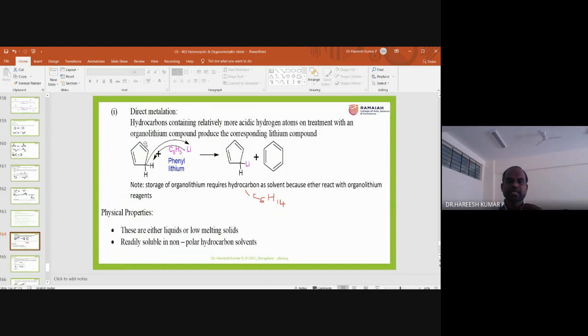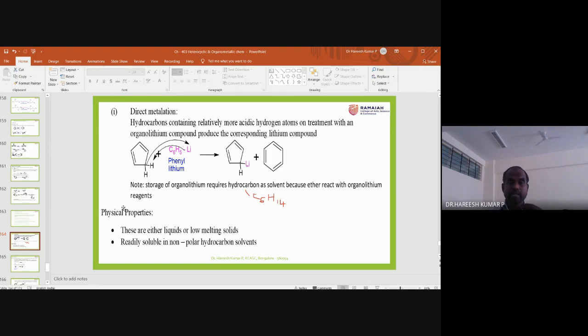So here an acidic proton containing organic compound is treated with organolithium to get another organolithium compound. So what will happen here? C6H5 lithium, so it's called phenyl lithium. Here phenyl will be available as an anion, an arenium carbanion. So this can pick up the acidic proton, and this bond pair picks up a lithium. So that is how an organolithium is obtained.